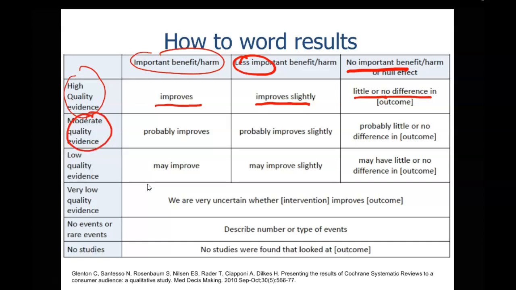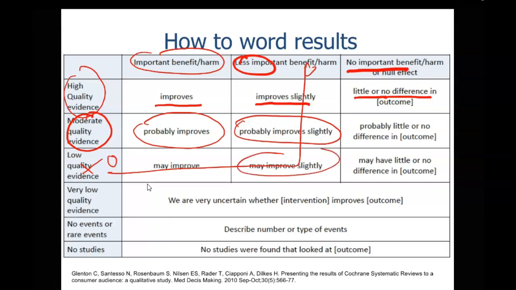If it's an important benefit, you might say probably improves. If there's a less important benefit, probably improves slightly, and so on. So depending on where you fall, here and here, this is where you end up in terms of your language. Okay? And then if there's very low quality evidence,